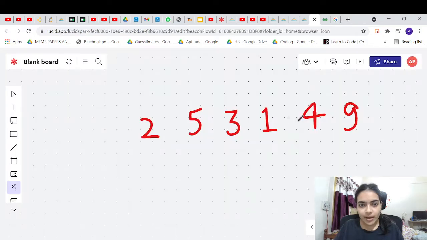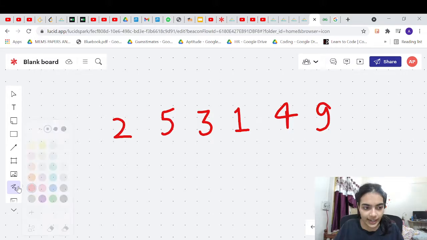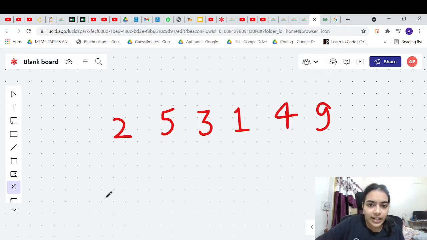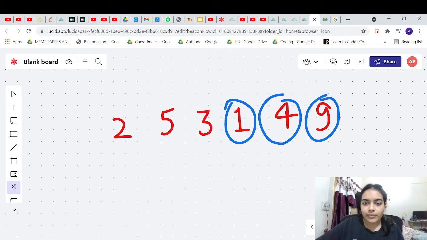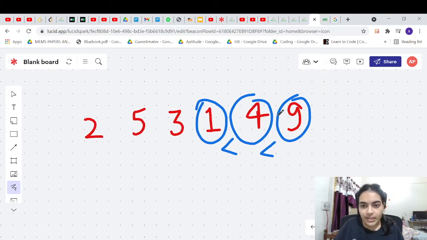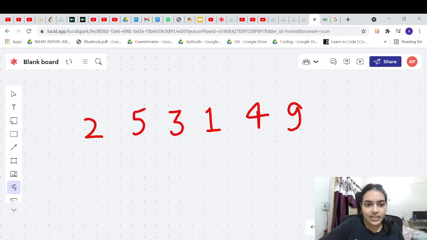Let's try to take an example to understand. Suppose this is the array. So you can try to list many such triplets, right? For example, one such triplet will be 1, 4, 9 because 1 is less than 4 and 4 is less than 9, and they are also in increasing order. So the sum of this triplet will be 1 plus 4 is 5, 5 plus 9 is 14. But can we do better? Can we try to find some triplet which is better than this?